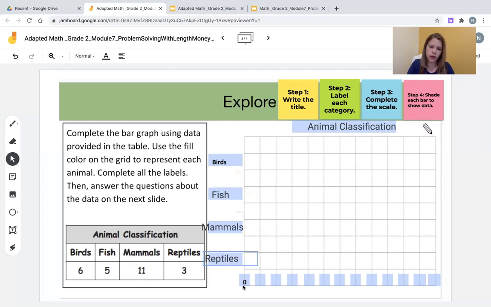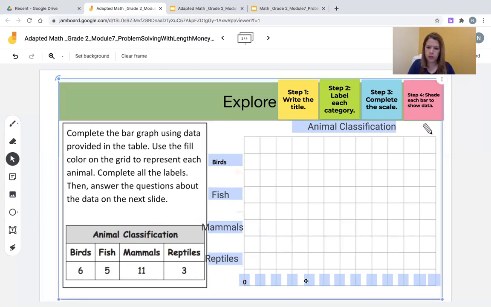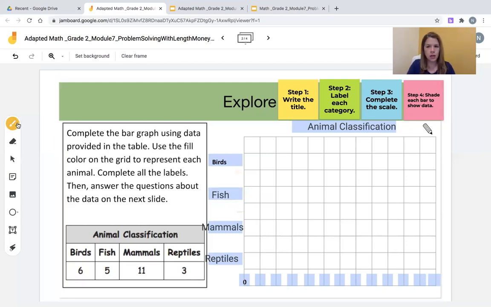Now, students, we are going to complete the number scale that you notice at the bottom of this bar graph. I'd like to use a pen. So I'm going to click on the first tool in Google Jamboard and click on a pen so that I can label the bar graph scale. I'll start from 0 and I'll go up one number